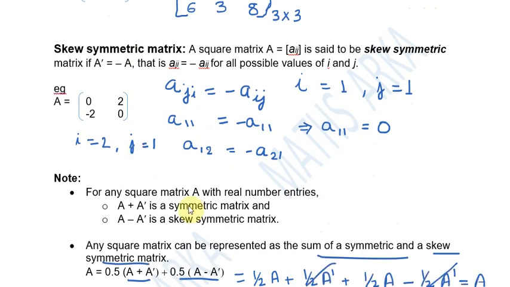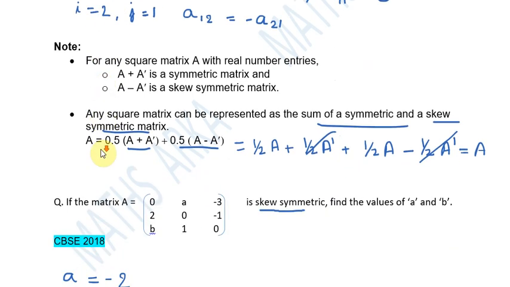In a skew symmetric matrix the diagonal elements are all 0. We can put a mirror over here as well, but then we should remember that the image of one of the elements should be negative. Suppose the image is minus 2, then the original thing is 2. So that is one of the things that we need to remember.